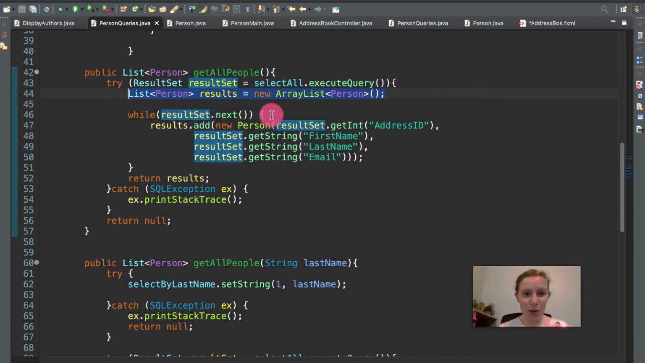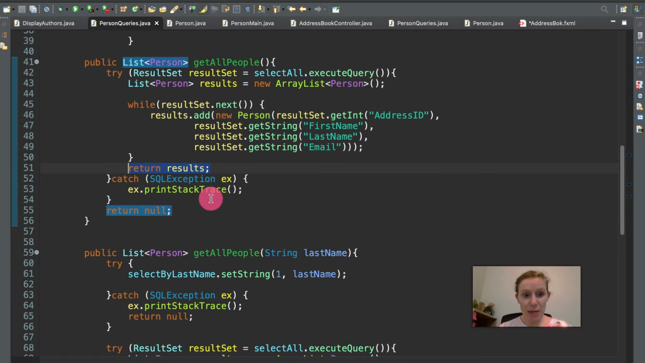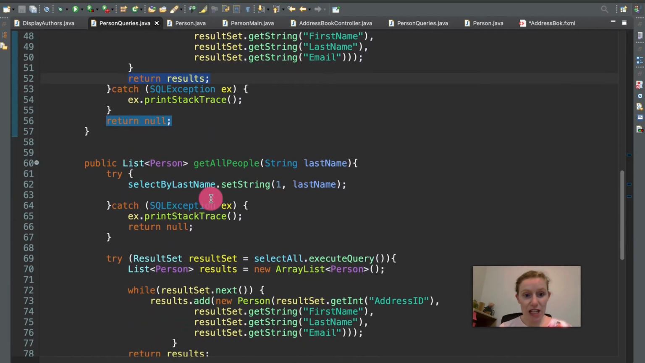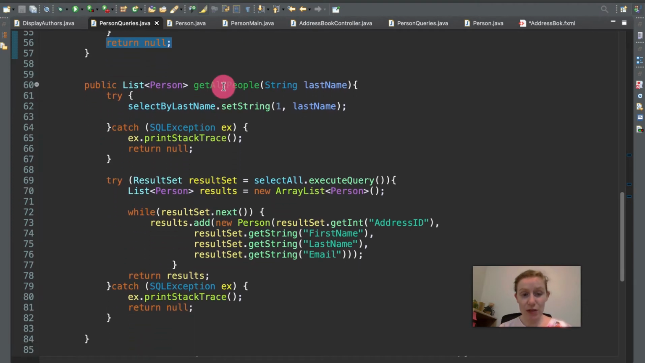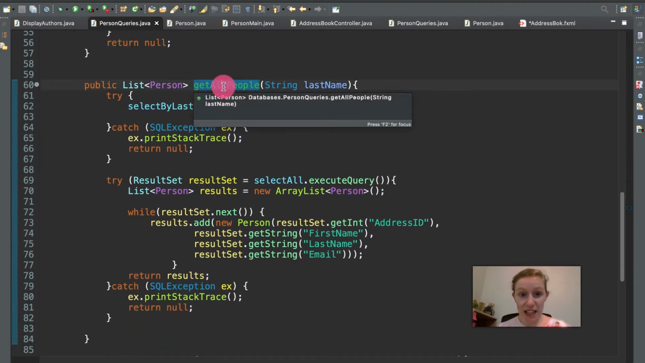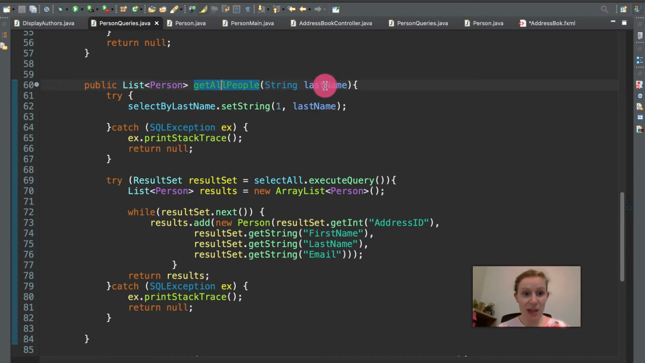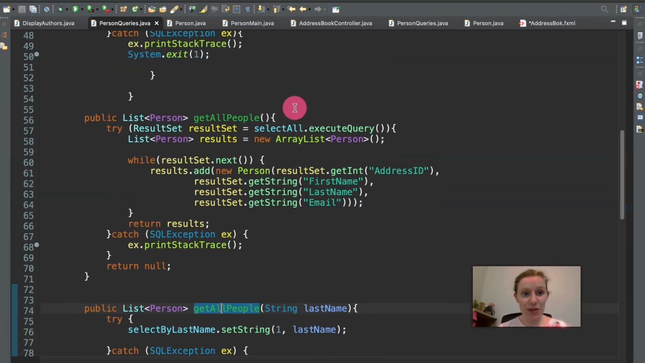And then we have our while, and it loops through each next one and then returns the results. And of course, we have our SQL exception as our catch and to print our stack trace. The same goes for the get all people here, which is our overloaded method, and it accepts a string last name, and then it tries to select by last name, and it sets the string 1 and then last name. So if we go up here,